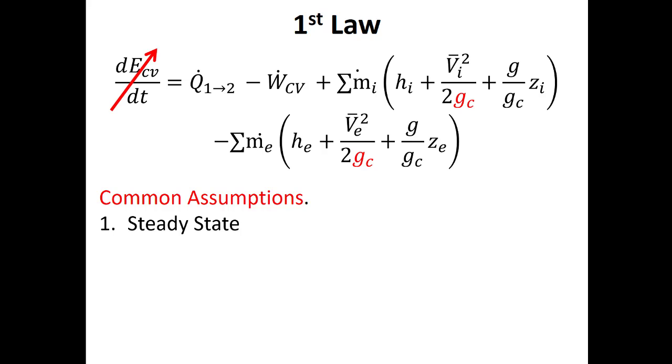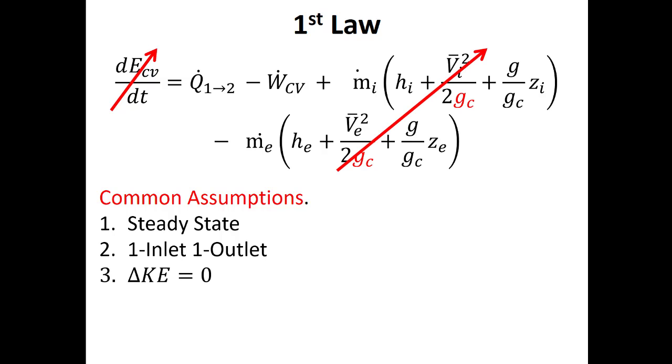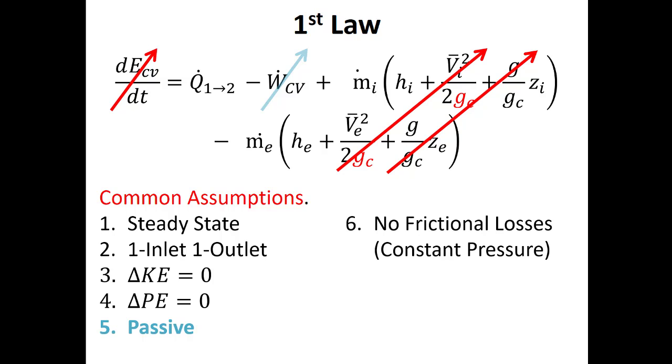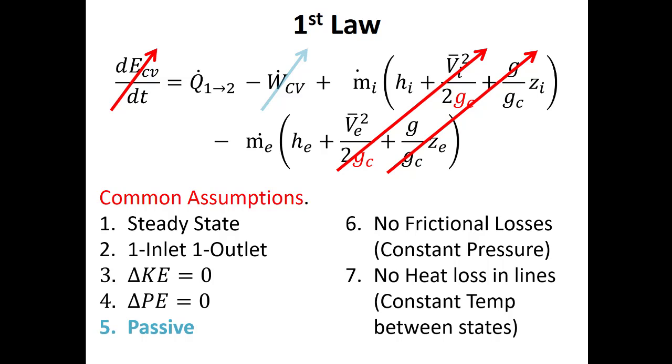I'm going to do the first law. Said we're going to be at steady state. We've already said that there's one inlet and one outlet. I'll neglect kinetic and potential energy changes. I'm going to say that this is a passive process. It's a heat transfer process. No friction losses inside this process, right? That's why it's constant pressure. And there's no heat losses except for the heat that's being transferred. So basically all the heat that's going in goes into the fluid, right? So the increase in enthalpy we'll see in the cold side of the heat exchanger is all the heat that gets added,